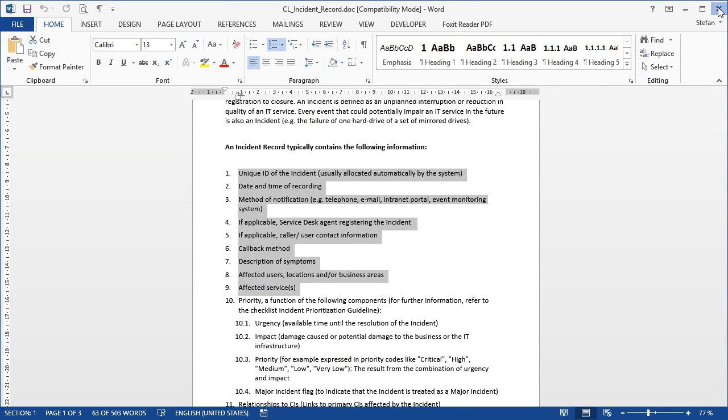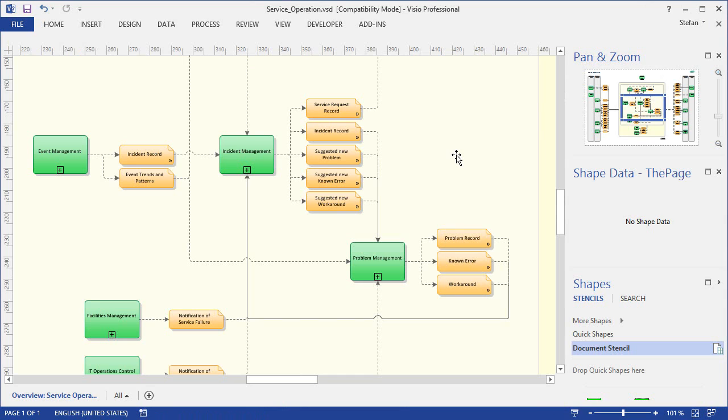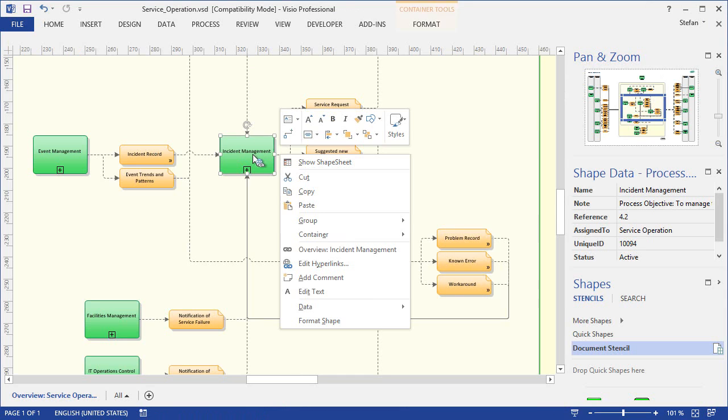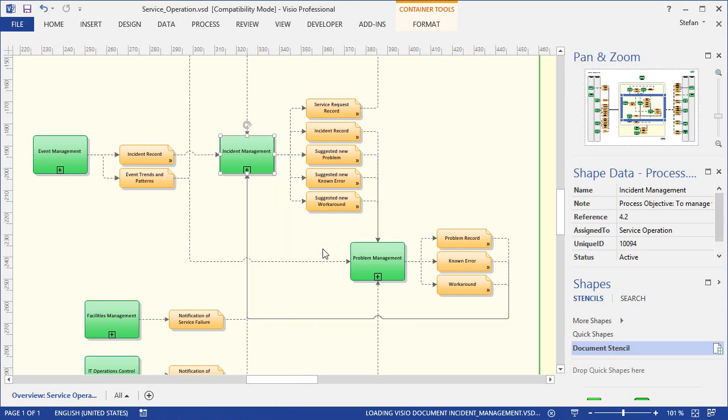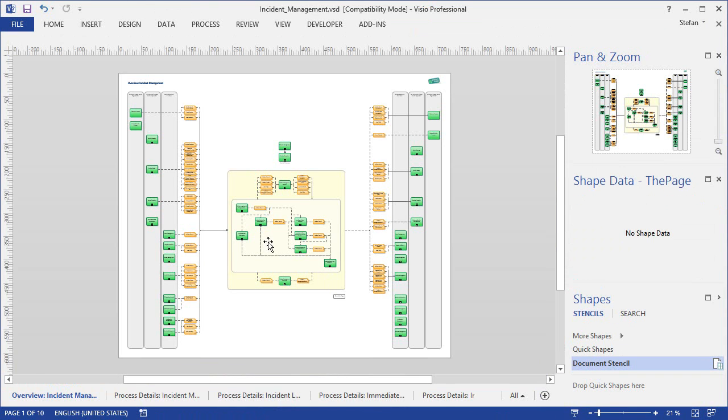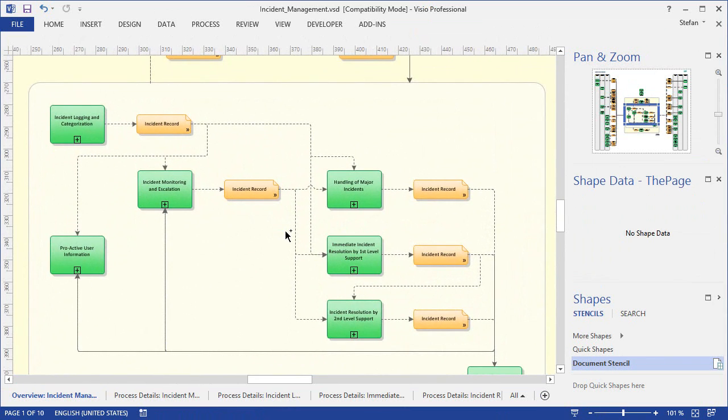Let's now close the checklist and go back to Visio. And then let's go down further, for example, into incident management. Again, we take a link, and that will open a diagram with more details about incident management. As before, we have inputs on the left, outputs on the right, and now in the center we have processes